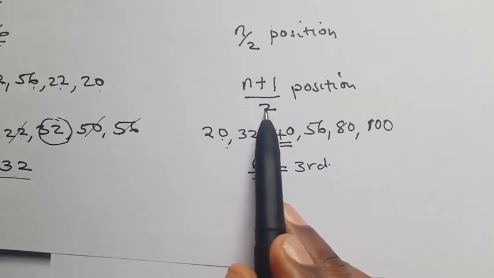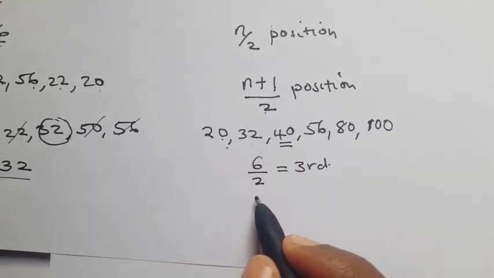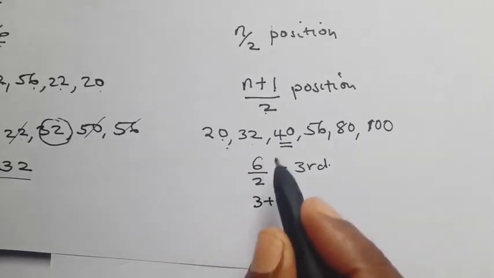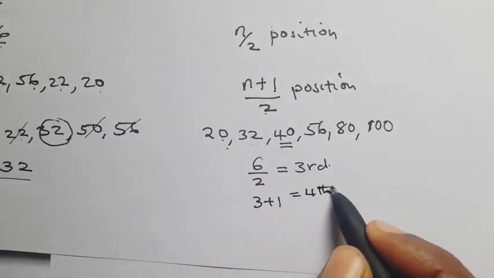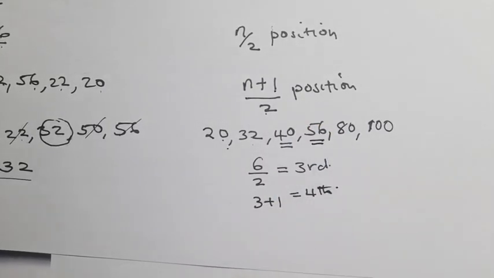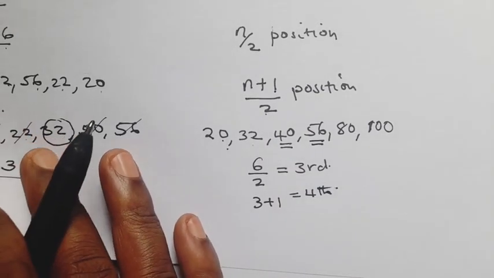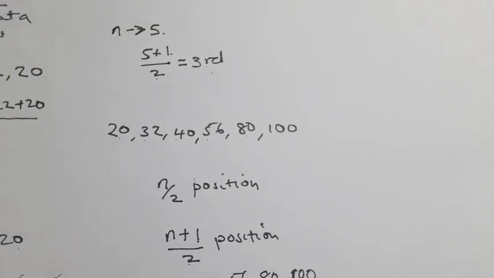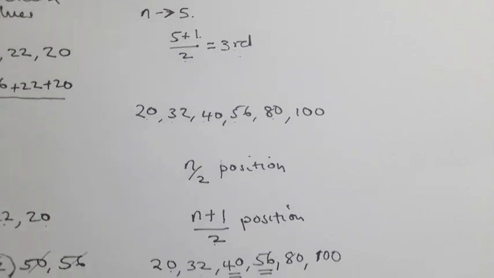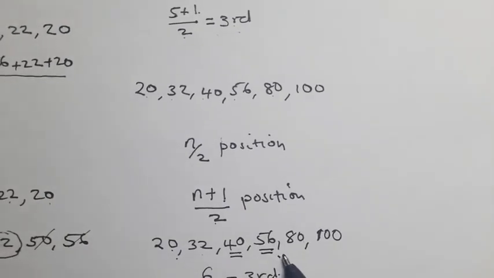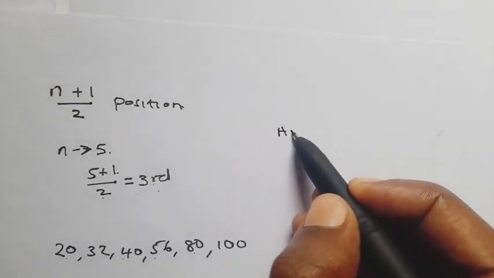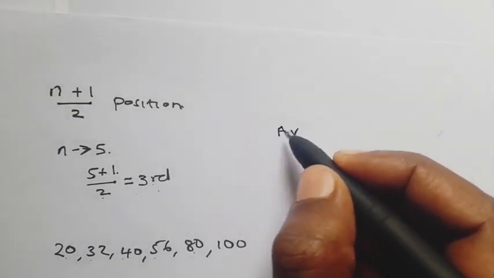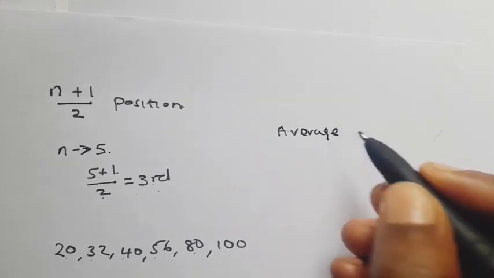Next, we take the third position plus 1. That is n over 2, the third position plus 1. That is 3 plus 1, which gives us the fourth position. So we are going to have 56. Once we have that, we are going to take the average between 40 plus 56. We get the median. So the average becomes